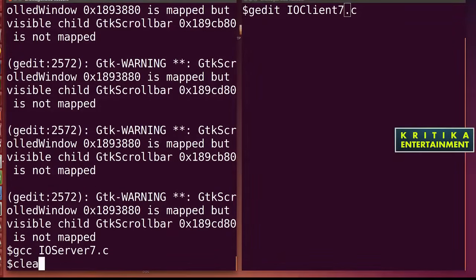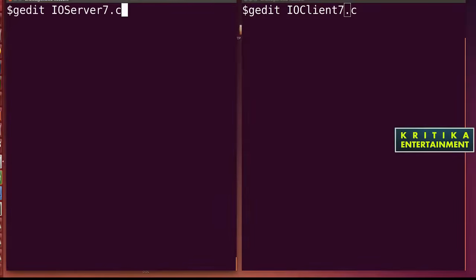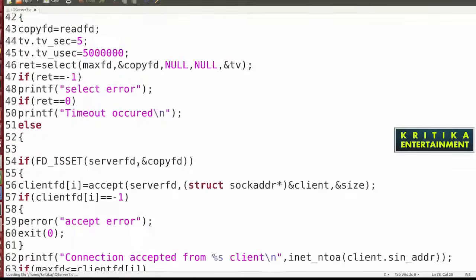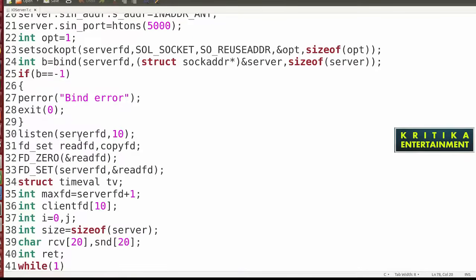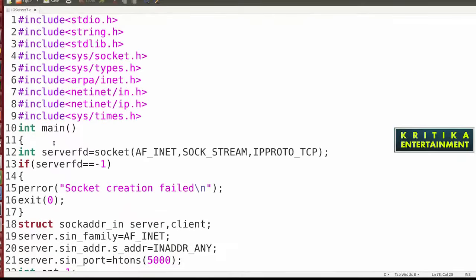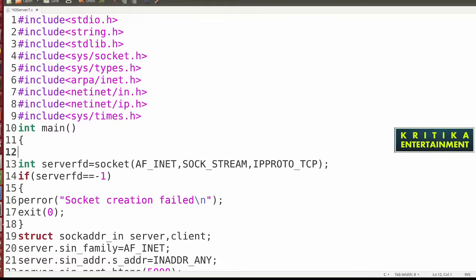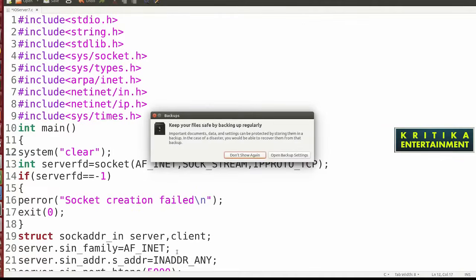Then I will clear this. Okay, before clearing this I will add one thing. So here every time my program should clear automatically. I don't want to use clear repeatedly. So here I have to write the clear. Okay, then what I'll do,